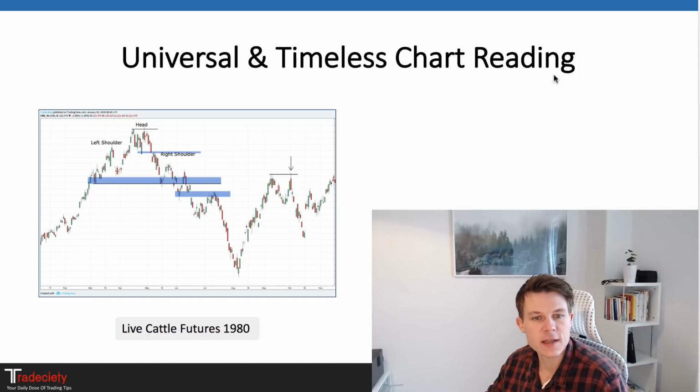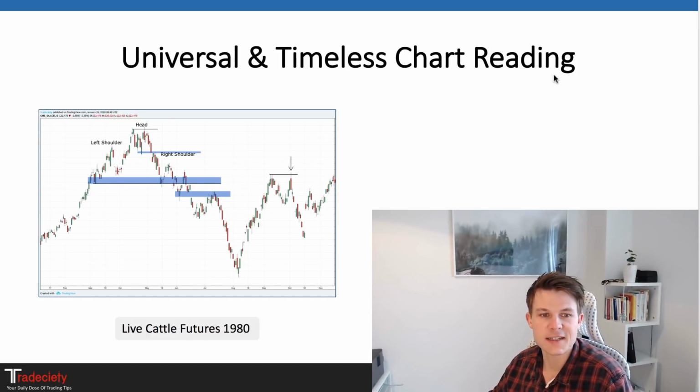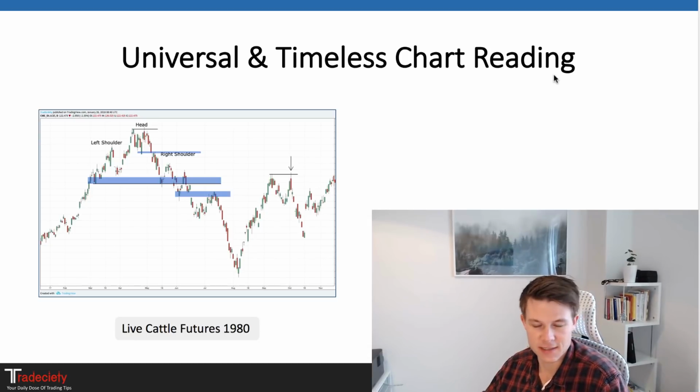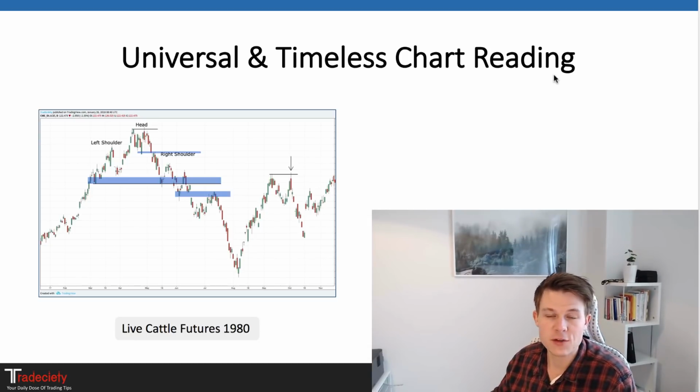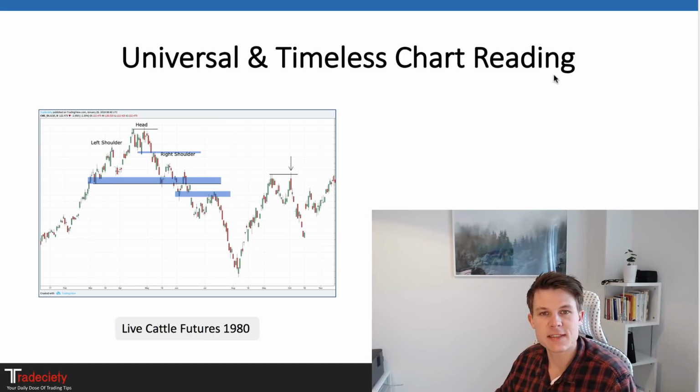So in my trading, and what I've come to learn over the past years, I've been trading Forex for over 10 years, is that it does not matter which market you follow. I trade Forex mostly, sometimes commodities, but mostly Forex. But it does not matter. You can pull up any chart, any time frame, any period, and you will see that the market follows the same rhythm. The same building blocks is what all the markets are made up of.